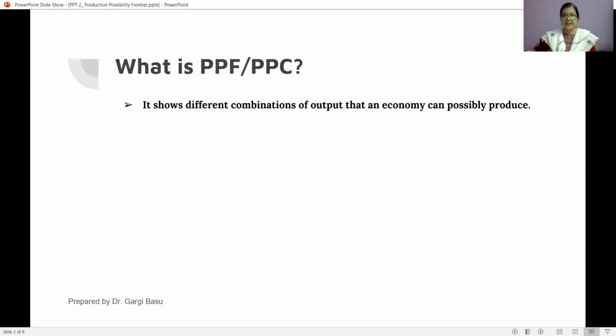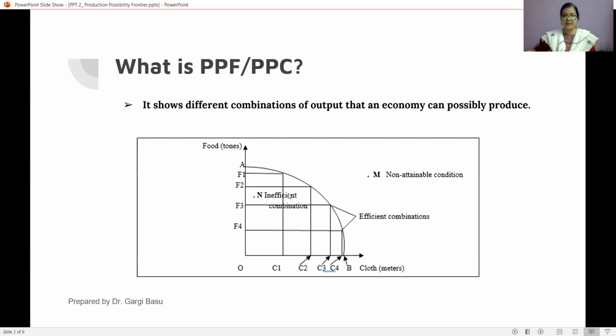In this slide, for example, I've assumed that only two commodities are produced in an economy, for example food and cloth. Okay, the production of food is measured on the vertical axis and the production of cloth is measured on the horizontal axis. OA is the amount of food that can be produced with all its resources fully employed if